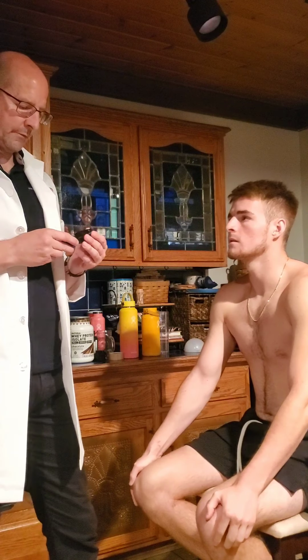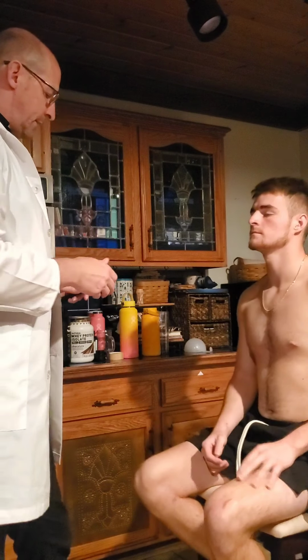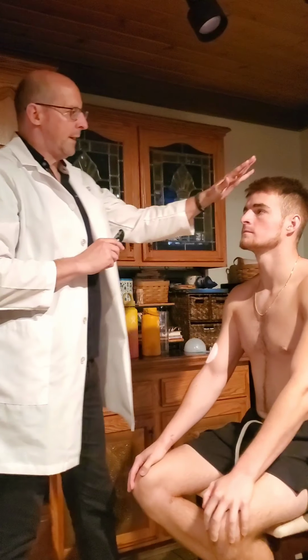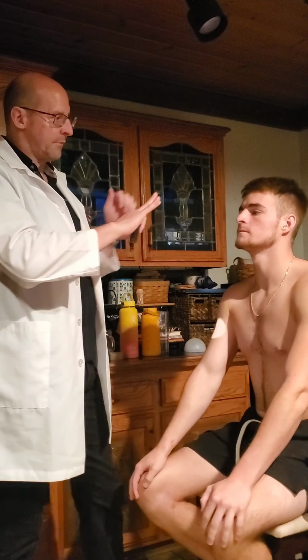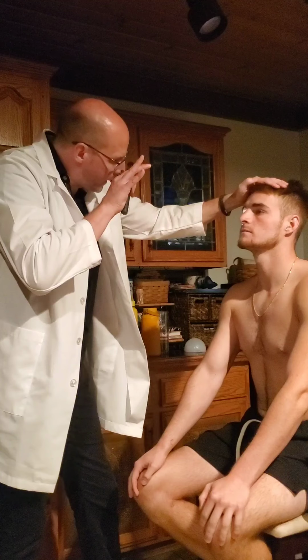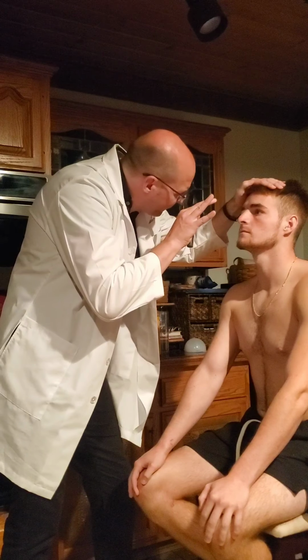We're doing the fundoscopic exam. The lights would be dimmed in this part of the exam. As I turn this on, I would use my right eye to his right eye, stabilizing his head with my opposite hand here, two fingers holding it and three fingers stabilizing it for protection, to make sure this is not jammed into his eye. Using my right eye to look into that,